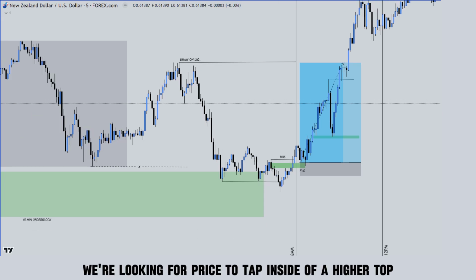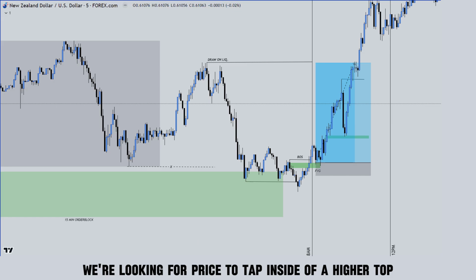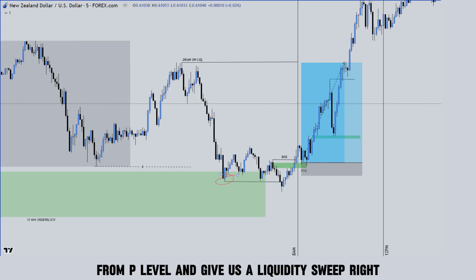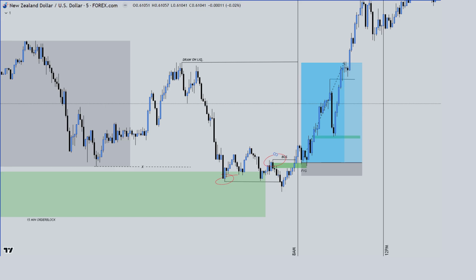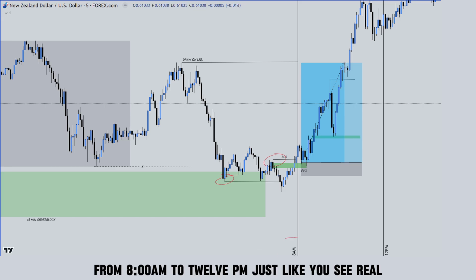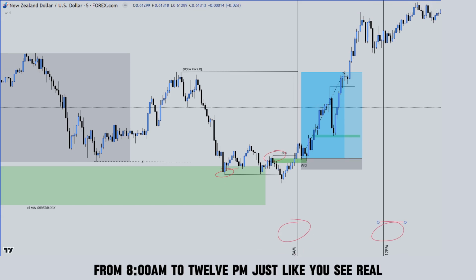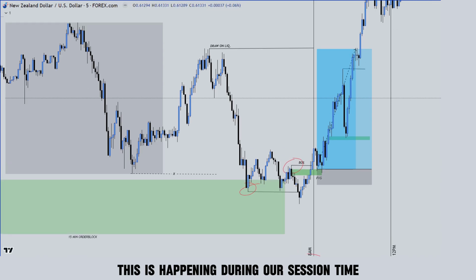Perfect. So we're looking for price to tap inside of a higher time frame key level and give us a liquidity sweep and a break of structure. And then during our session time from 8 a.m. to 12 p.m., just like you see here, this is happening during our session time. And if you miss this entry,